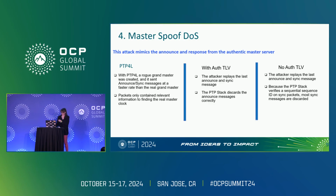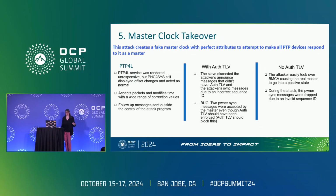So it worked. So our next attack was our master clock takeover attack, which is an attack that creates a fake master clock with perfect attributes to attempt to make all PTP devices respond to it as a master. For PTP4L, the service was rendered unresponsive, but PHC2sys still displayed normal offset changes and acted as normal. It accepted packets in modified time with a really wide range of correction values, and follow-up messages were sent outside of the control of the attack program. And kind of similar to the attacks before, with and without the authentication